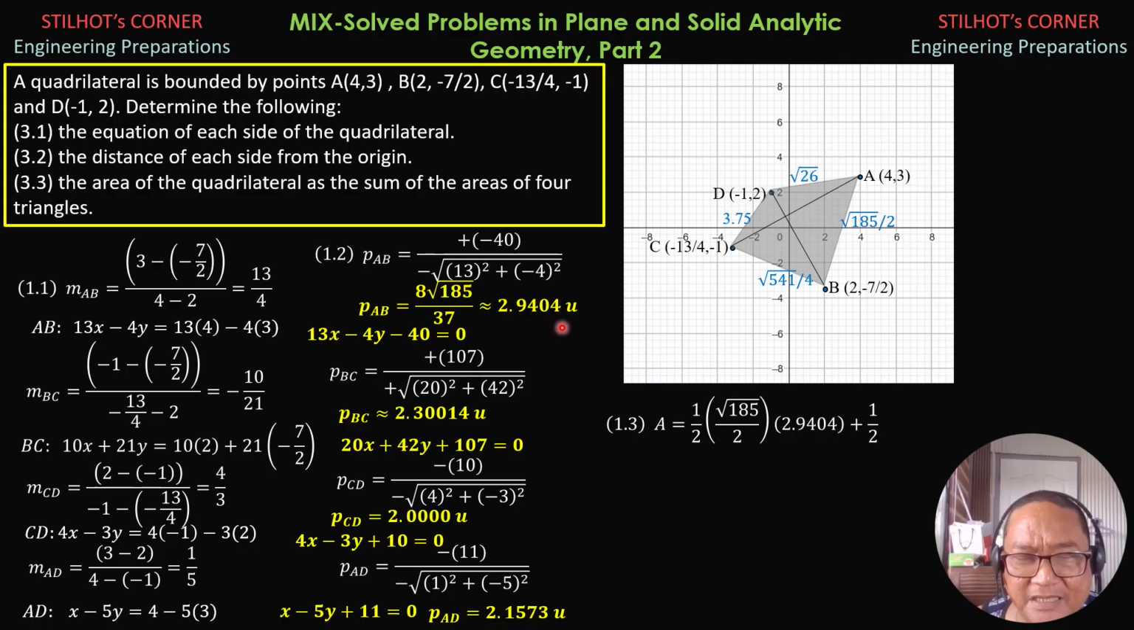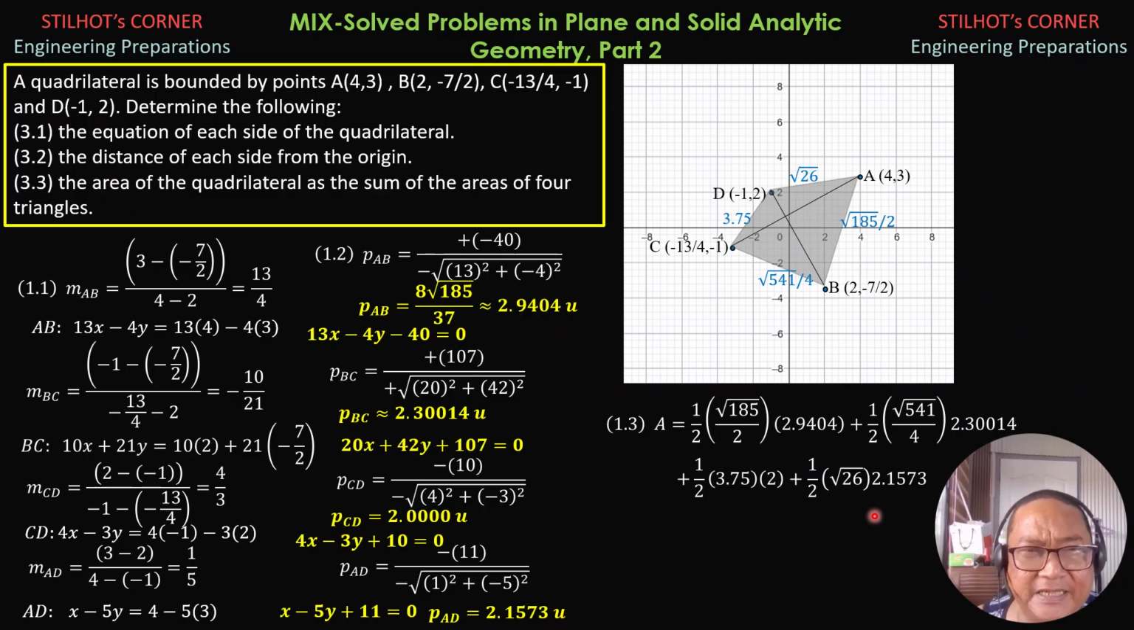So the area is 1/2 of square root of 185 over 2 times 2.9404, 1/2 base times height, the formula for area, plus 1/2 of square root of 541 over 4 times 2.30014, plus 1/2 of 3.75 times 2, then plus 1/2 of square root of 26 times 2.1573. So using your calculator, you add all these areas, you will get area equals 25.936 square units. Take note that the exact area in the preceding batches of problems, because this is the same and just extended,